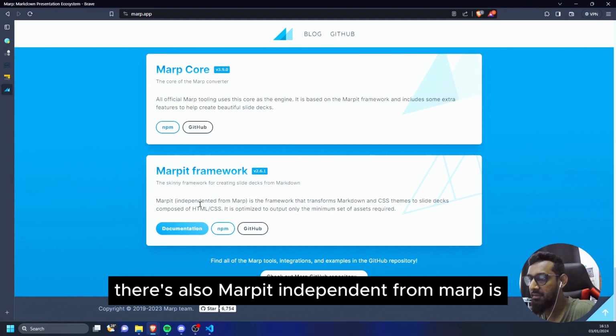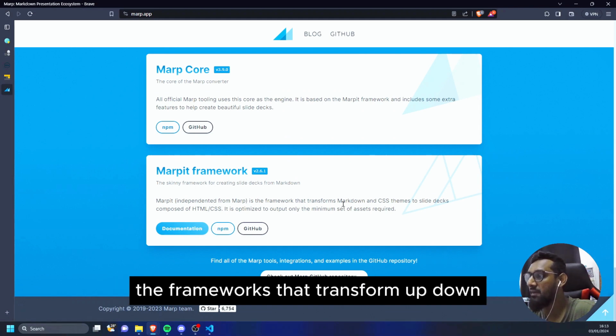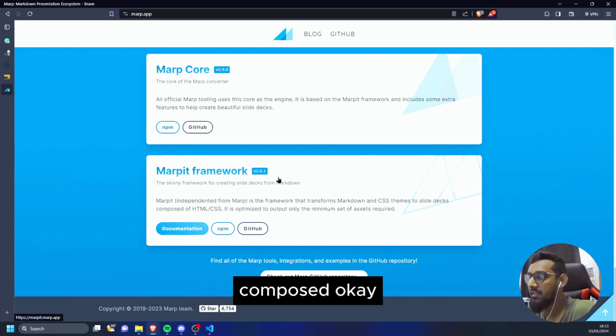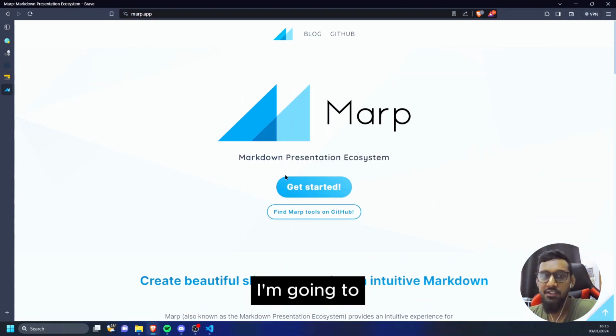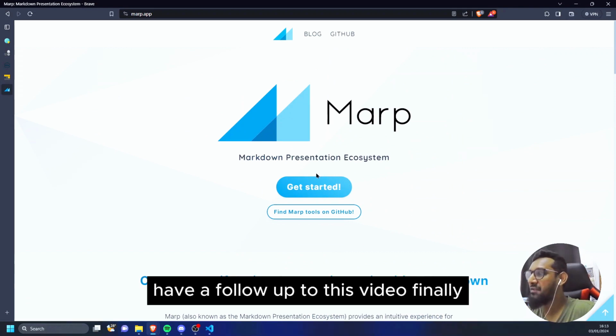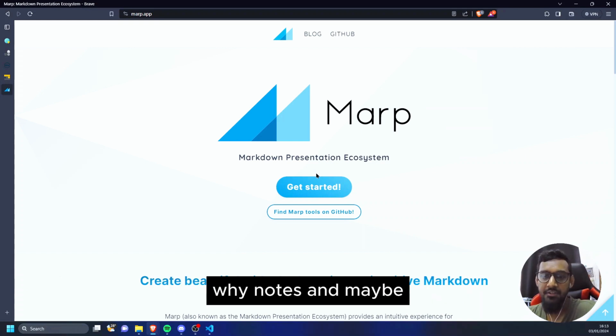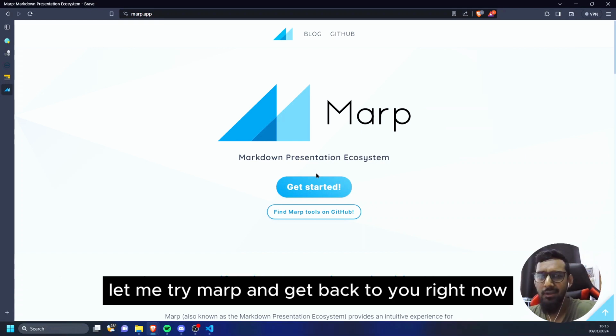There is also Marpit, independent from Marp, the framework that transforms Markdown and CSS themes to slide decks. Okay, so it's all good. I'm going to have a follow-up to this video. Finally, which technology I've installed and why, and maybe let me try Marp and get back to you right